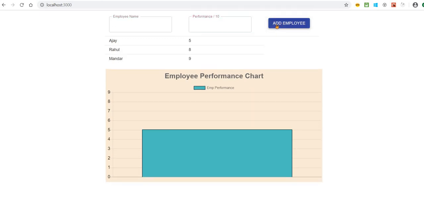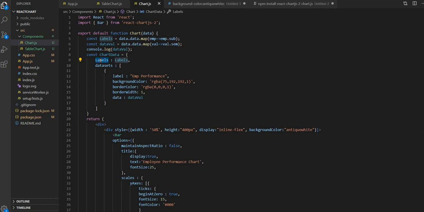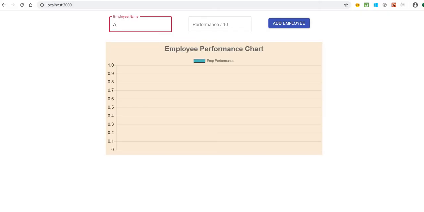Oh, we have some issue over here. As we can see, the graph is not working as expected, because we have added two data values but it is showing one bar for both, or whichever is higher. Yeah, my bad, we have a spelling mistake over here as well, because L should be small. Let's check it again.